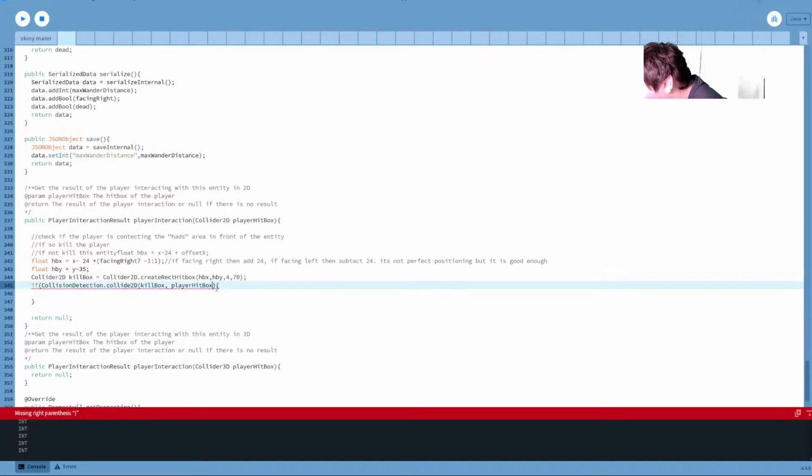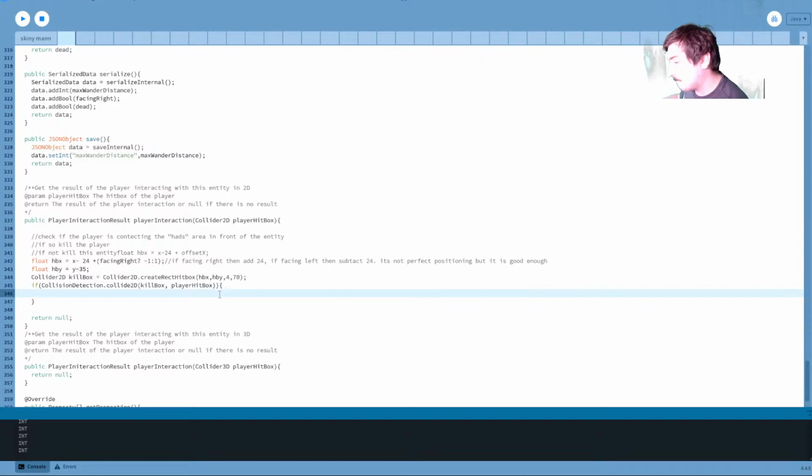Oh, I need another right parenthesis. All right, then we're going to return new player interaction result dot player.